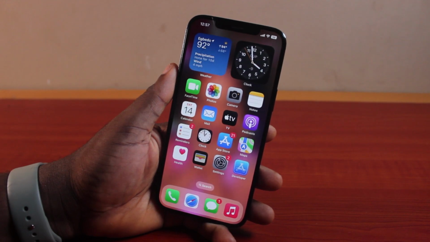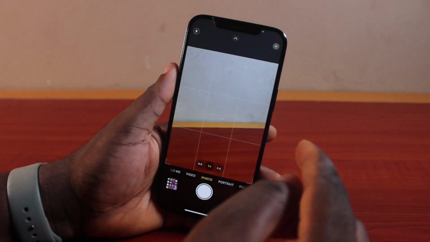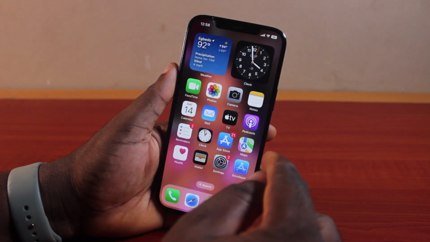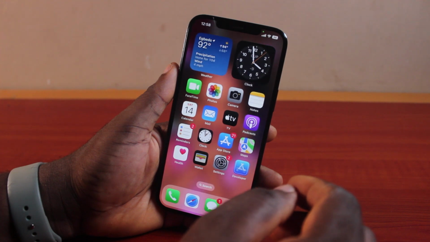How to enable auto FPS on iPhone camera. So if you want to use your iPhone camera to record videos and then reduce the light to get the best video possible by optimizing the camera, then this video is going to walk you through how to do this